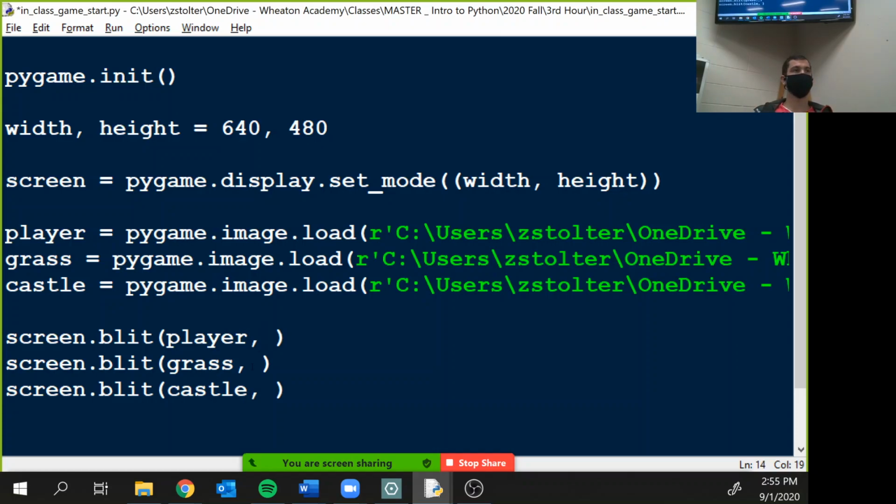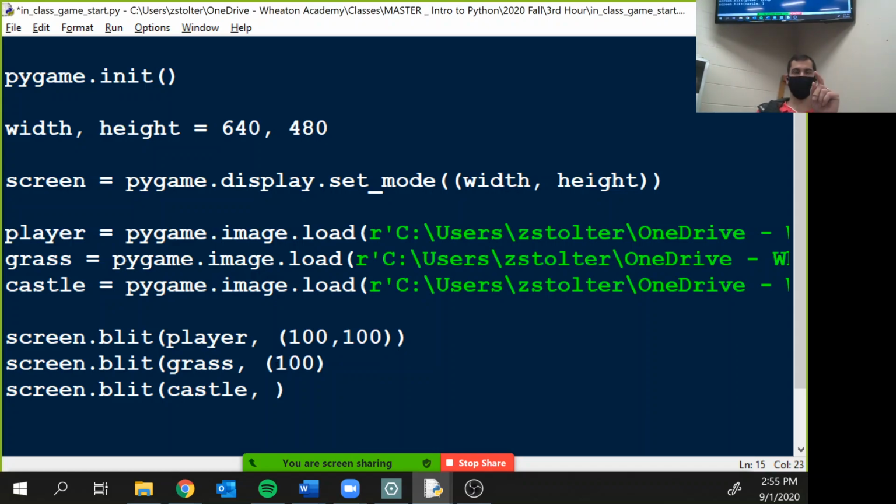Why do you have to put the comma space? Yeah. We haven't gotten there yet. Okay. Because that's the where do I want the player to be blitted? In this pixel. Where? You can't just say in the square. You got to tell it where exactly. Oh. So then we're going to put an open parentheses and then a closed parentheses. And we're going to put